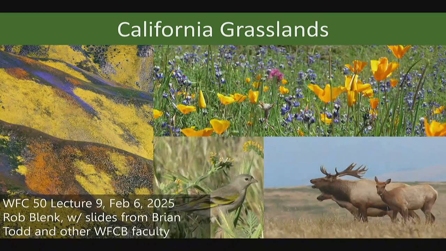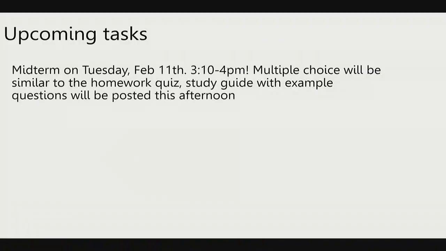Cool. Welcome back. I'm glad everyone is staying dry, hasn't washed away in our lovely precipitation this week. Good news, we'll be talking this lecture about an ecosystem that's really dependent on intermittent rainfall like we're getting this week. So hopefully it shows a little bit of a bright side to getting soaked walking to class. So today, as you can see, our lecture topic, our biome, will be the grasslands of California.